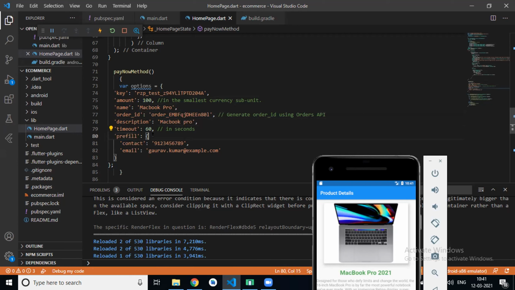In a real application, we have to pass the prefill parameters from user details, right? So we have to pass contact, meaning the contact number of that user, like 9929041994, and pass my mail ID. But this will be dynamic in a real application.